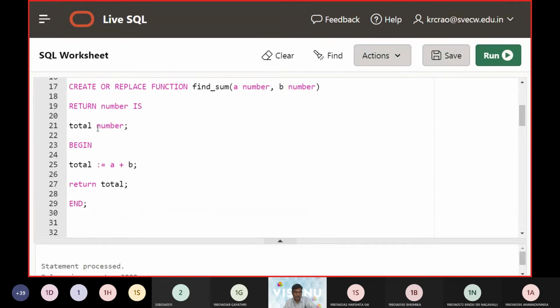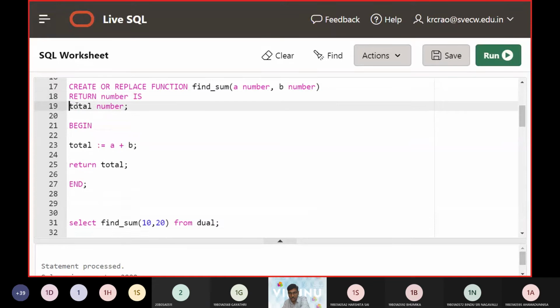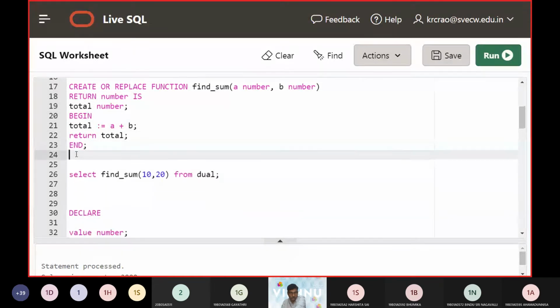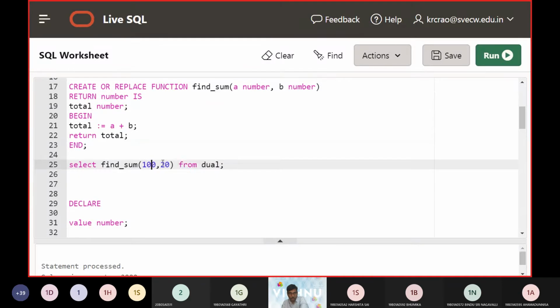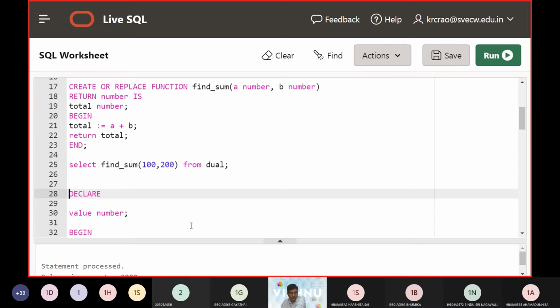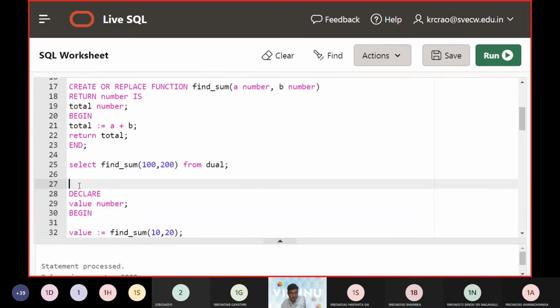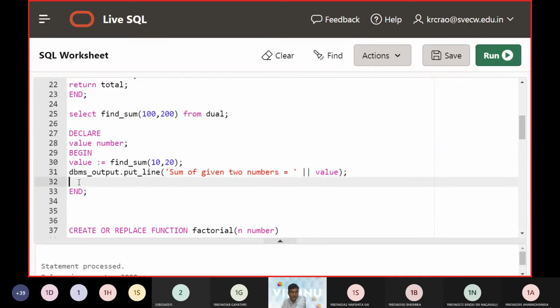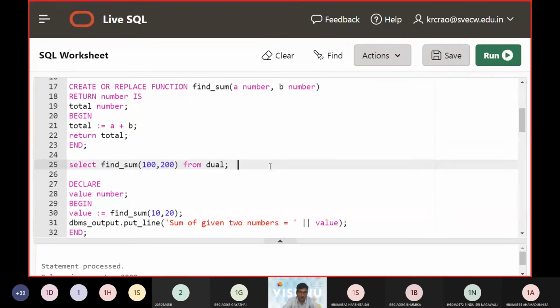Any approach can be taken to demonstrate the functions. So let us see how this goes in Live SQL for the function execution. One approach, we call it directly via SQL, and the second approach, we call it via PLSQL.